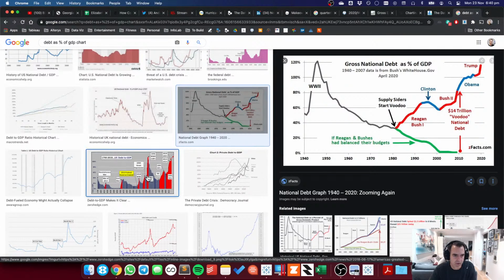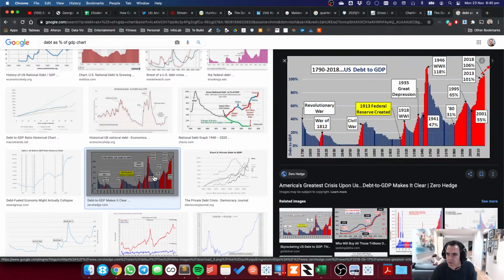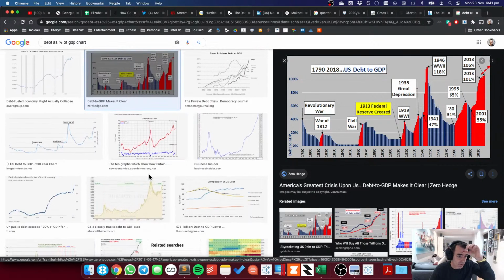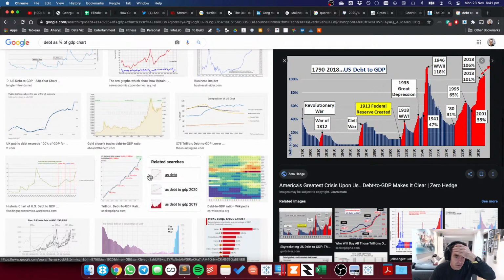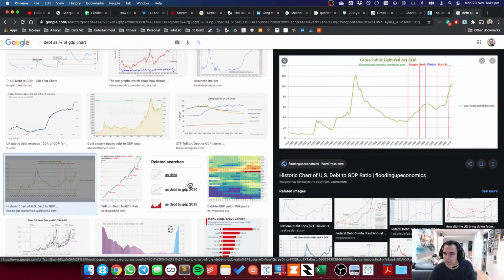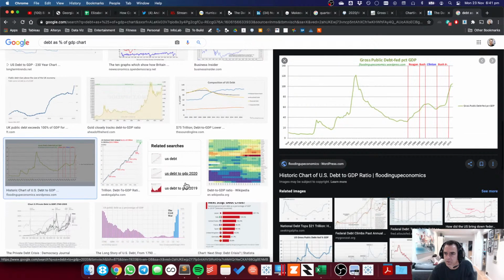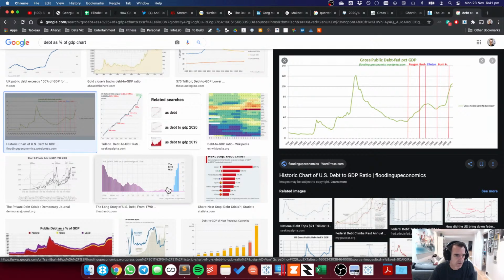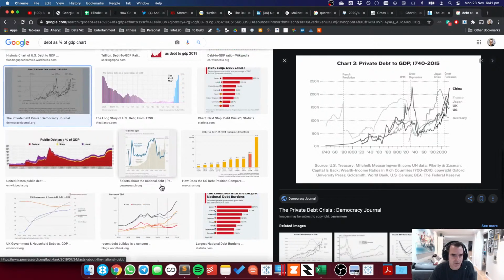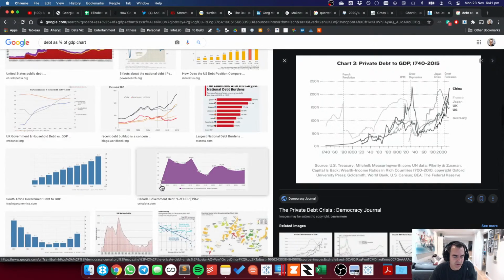The US debt to GDP. Wow, that's a really terrible chart. World War II. I'm just trying to find some Reagan, Bush Jr. Just trying to find some good ways to label those areas.